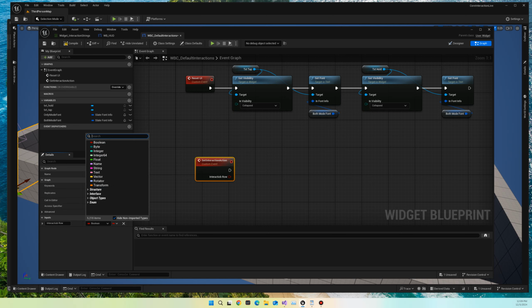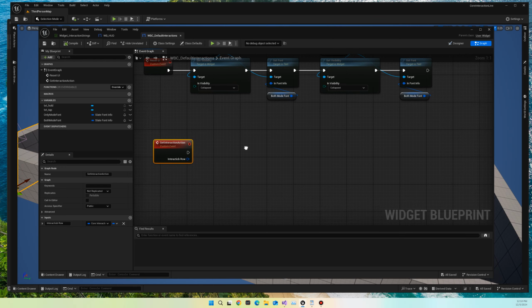And I'm just going to go ahead and find our row. Since I'm going to be using C++, my table is built using C++, so I need to make sure this is using C++. So I'm going to be using core widget row. But if you're going to be doing it all in script, then you'd be using the interaction widget row, which is right there. So, core interaction widget row,